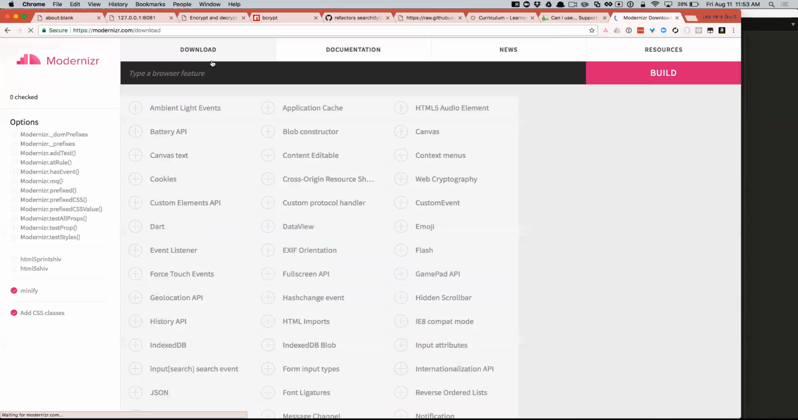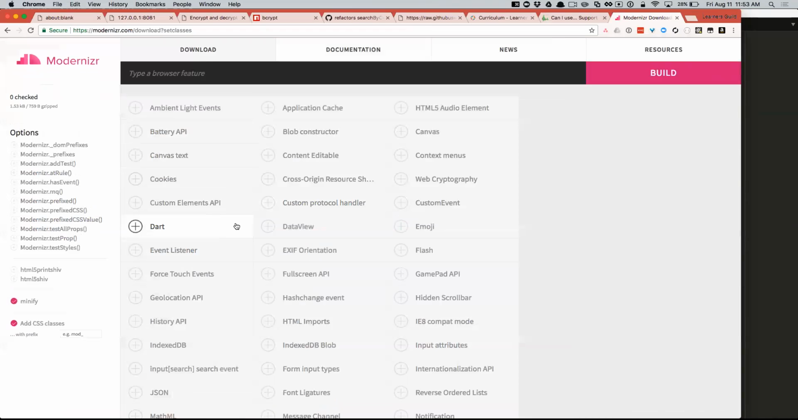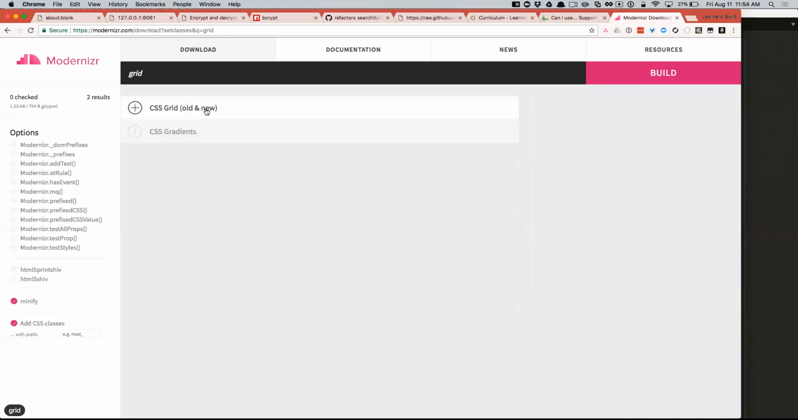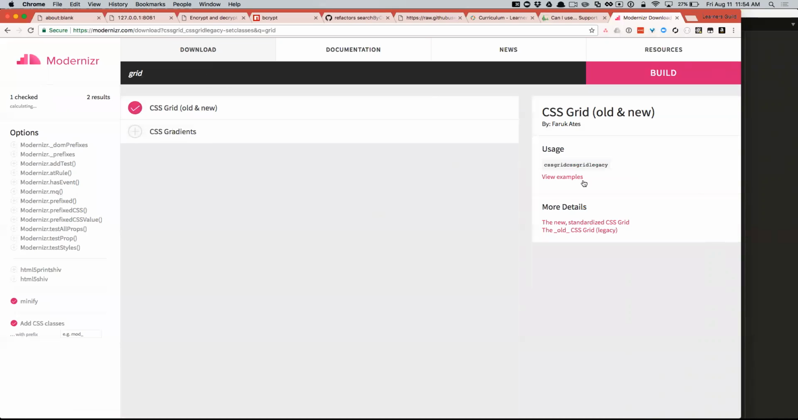here we go. So this is a ton of optional features, where you sort of build your own version of this library. Let's say we wanted to find out whether or not we could use the battery API. So we add this to the Modernizr bundle, and when this JavaScript runs super early in the page load time, we detect whether these features exist. A better example than the battery API might be Grid. So CSS Grid, we can add this to the bundle, and this is going to tell us